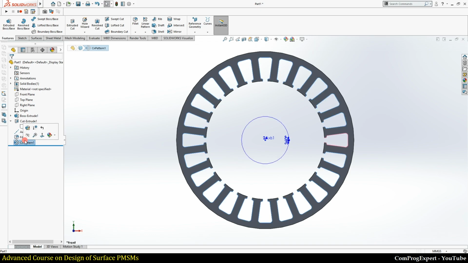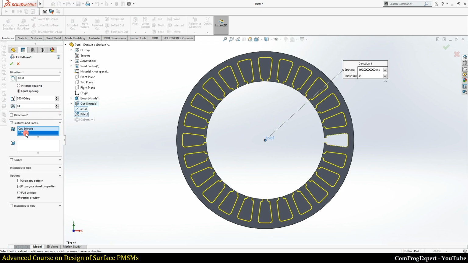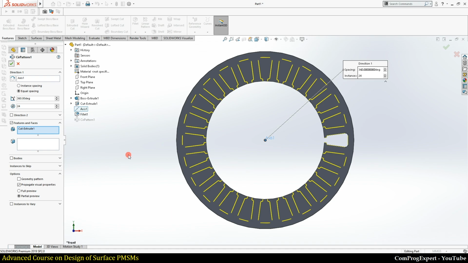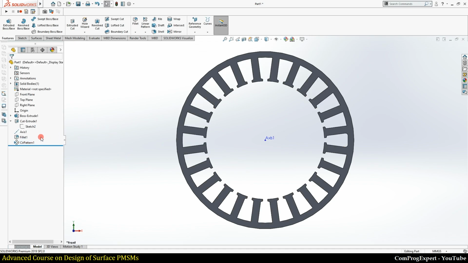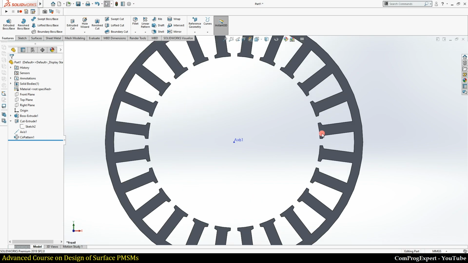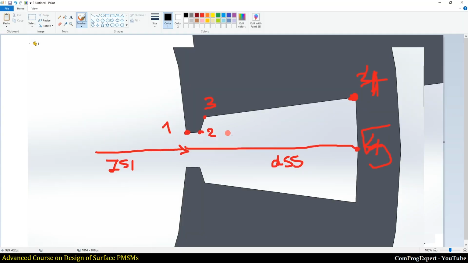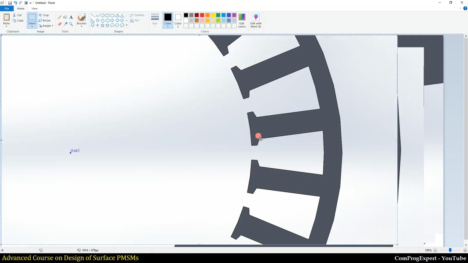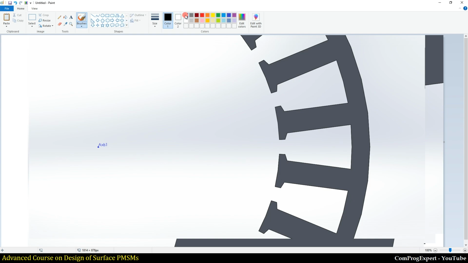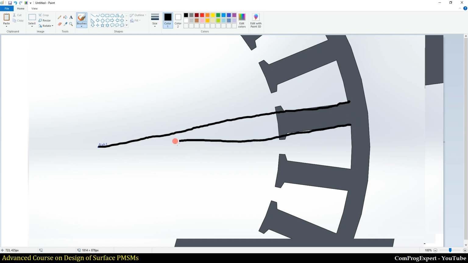When we need to delete the fillet, we can also delete it from here without getting geometrical errors. So we can calculate this angle, the angle of the stator tooth here at its bottom, the stator tooth root.